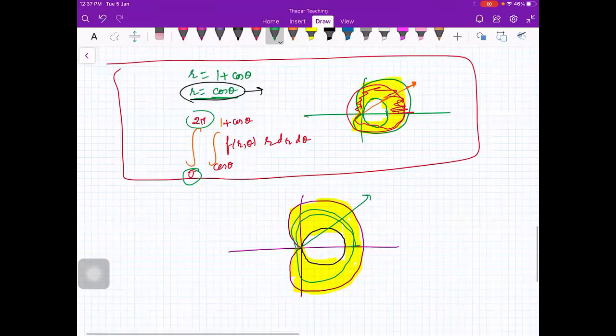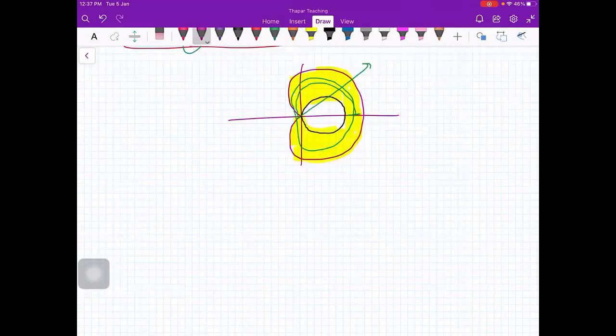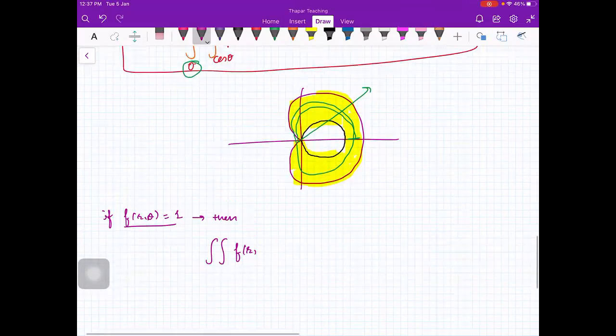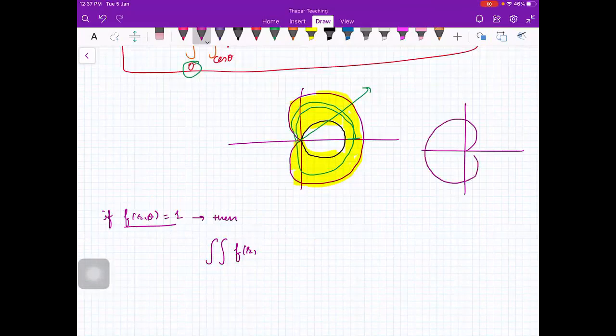Okay. So next thing is, I have already told you that if f(r, theta) is equal to 1, then yes, beta. Ma'am, if the cardioid is on the other side, like a minus a cos theta, then ma'am the angles do not change, they remain the same? Yes, yes. Because suppose your circle is where, this side or right side? Ma'am, then we will have to take the other side. No, here also it can be there, right?